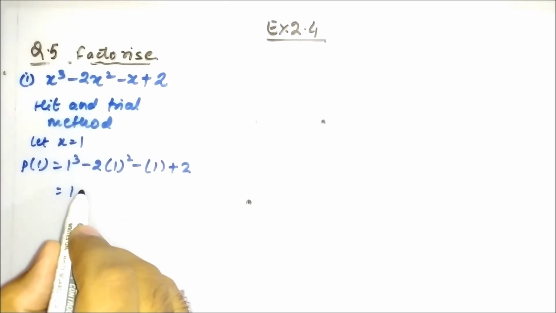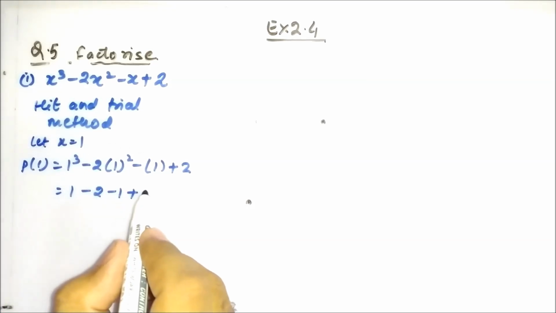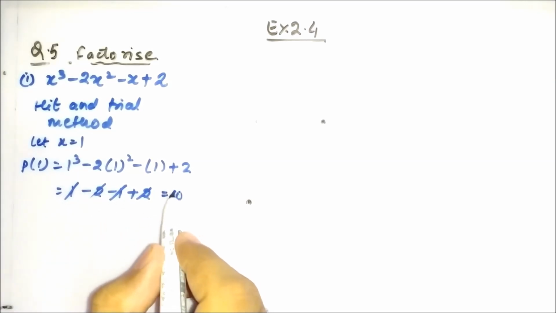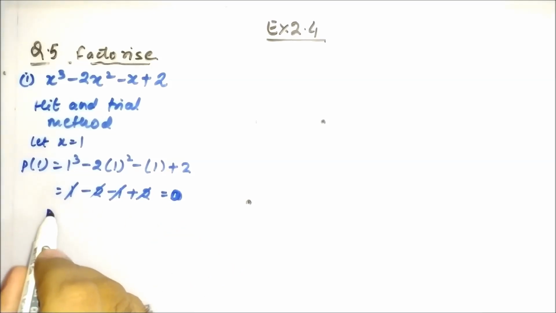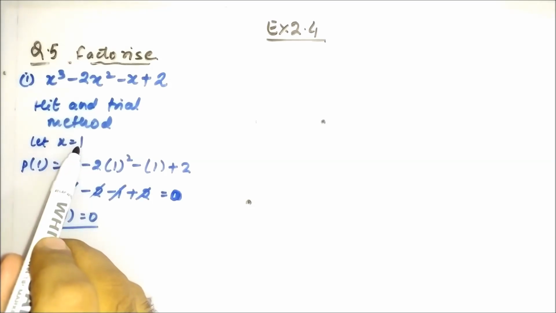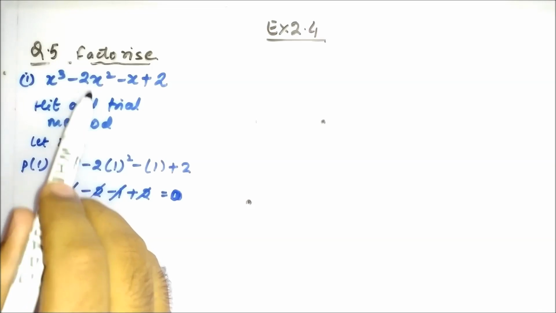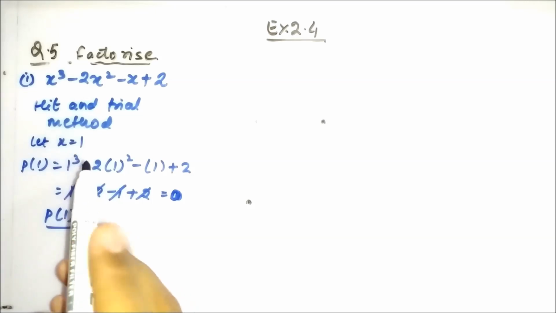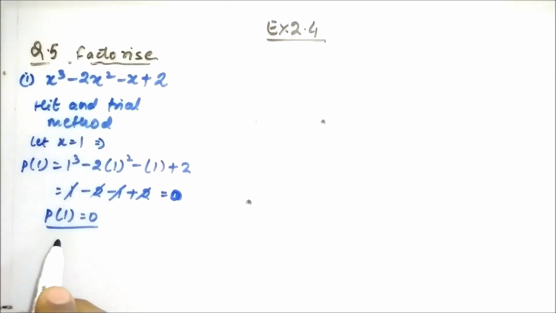So we will get here 1 minus 2 minus 1 and plus 2. Okay, so this will cancel and this will also get cancelled. So we will get the value 0. So we got p of 1 is 0. When we will get this value? When we have this 1 as the 0 of this polynomial. Okay, when this is the solution of this polynomial, then only we get this. So if we have x is equal to 1, then we can say that if you shift 1 this side, then x minus 1 is a factor. Only this is a point to understand. This is new in this. Rest all other parts of this procedure we have already done.